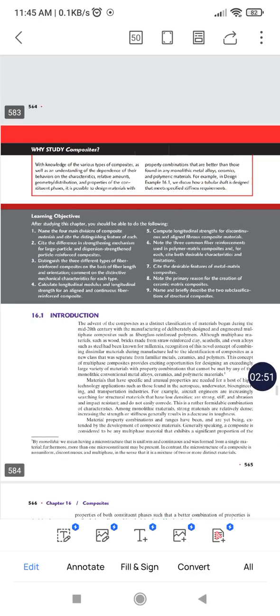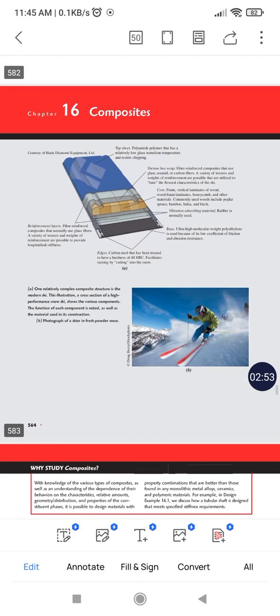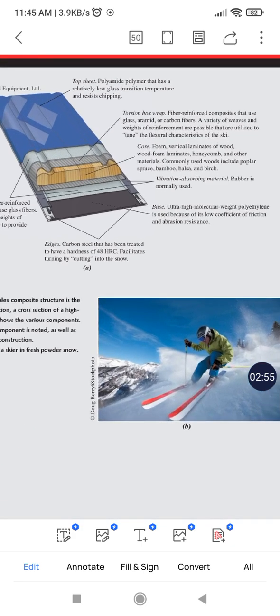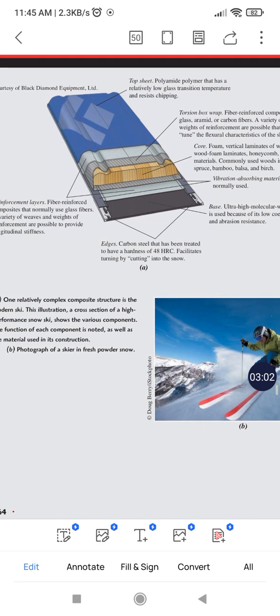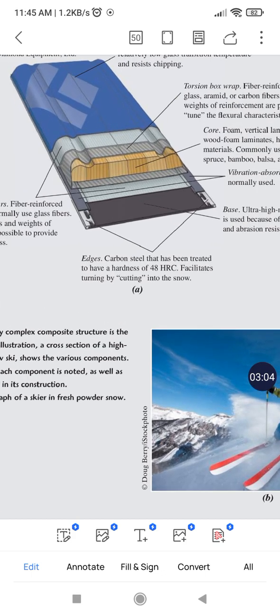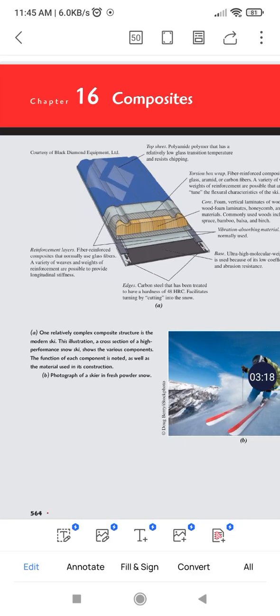As you can see in the picture at the beginning of this chapter, a person is skiing. That skiing board is made of a composite material. You can see different layers in the cross section of that ski board. Different sections are made of different composite materials, which are very strong and which are not brittle. So these kinds of applications are there in extreme sports,